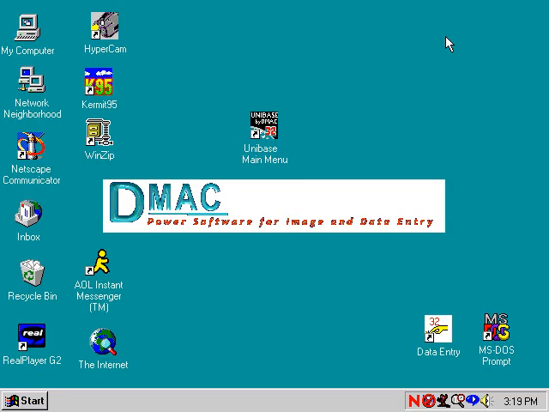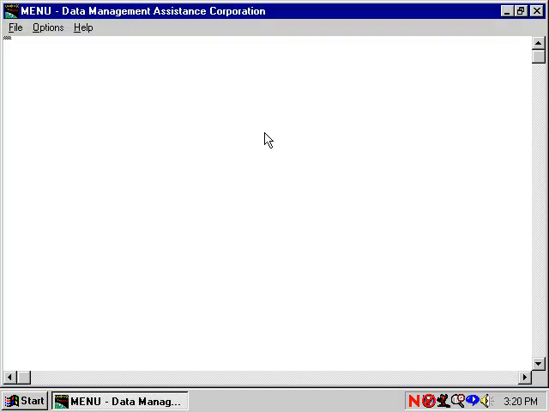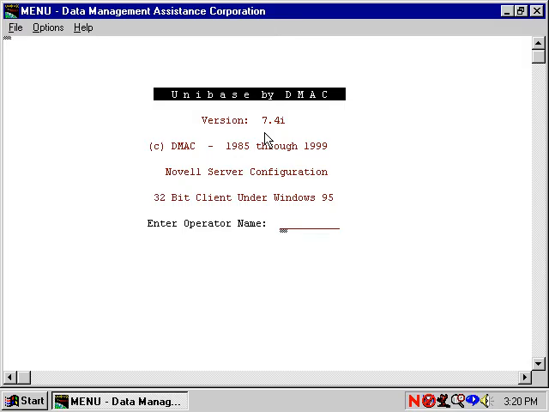We're going to look at the choices a data entry operator has and some of the functions a data entry operator has to perform. Doing this will give us some idea of how to create jobs that are easy for operators to use. We'll double-click on our Unibase main menu, log in as student